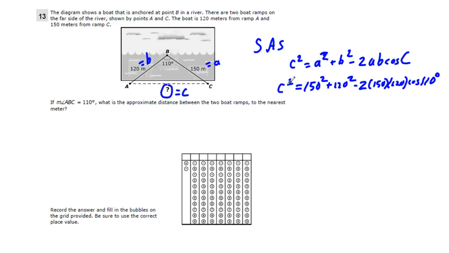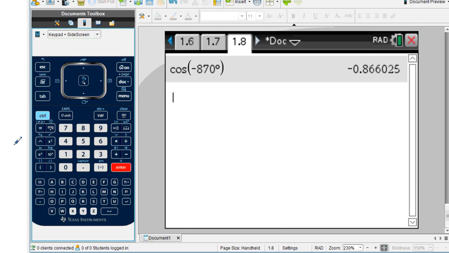And what we can do to solve for this without using solve again is just take the square root of this right side and get our correct answer. I'm going to do that right now. Go to calculator, control square root, so we get 150 squared